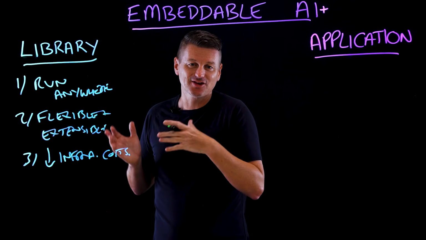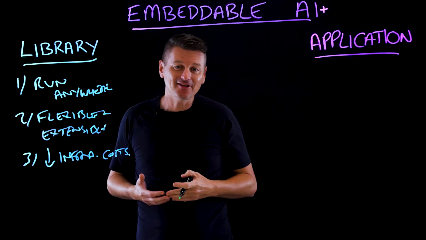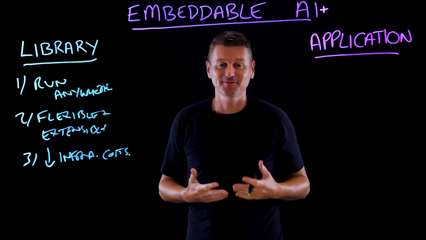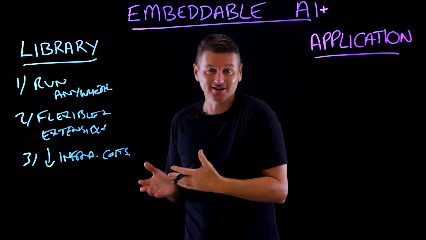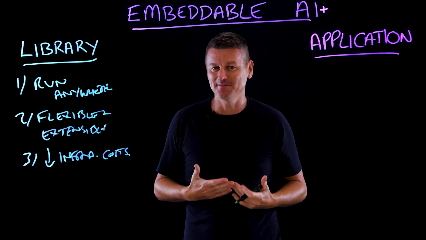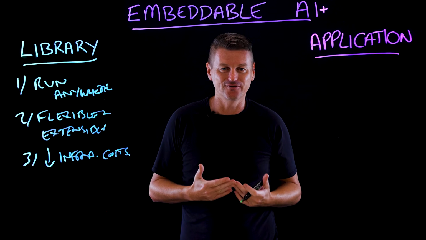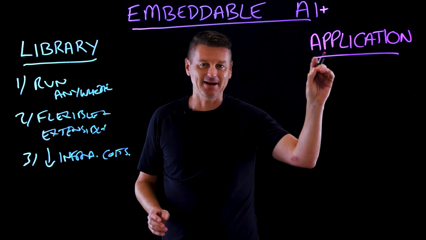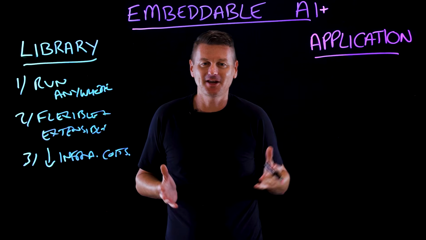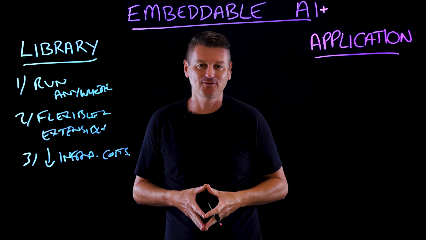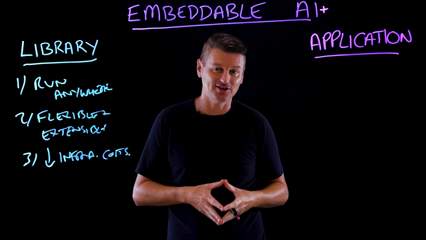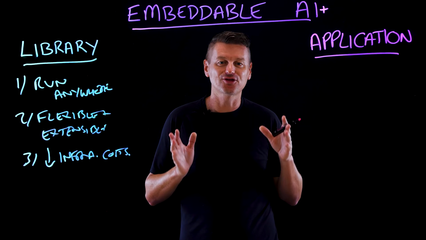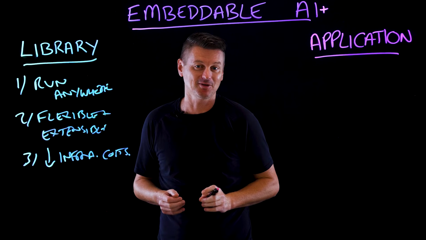Due to their lightweight nature, containerized libraries don't require a huge amount of compute resources. Less resources leads to a smaller footprint, which ultimately brings down the cost of running the overall solution. Okay, now let's move over to applications. As most people know, an application is software designed to perform a specific task or provide a functionality for an end user. And there are three benefits of applications that I want to highlight.